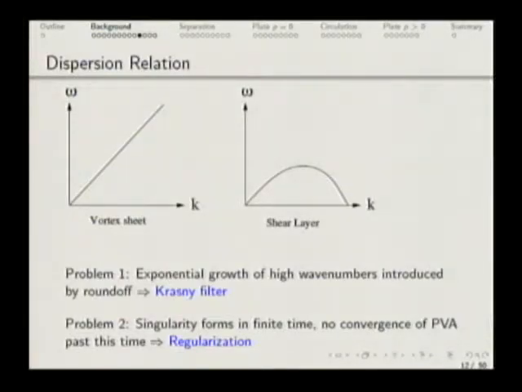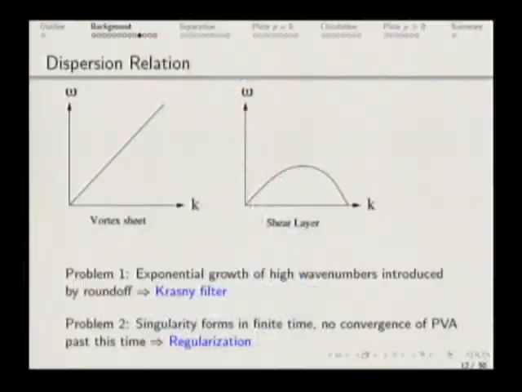So the problem that this causes numerically is that you're trying to approximate your sheet by a finite number of points. And you want to get better and better approximation the more points you use. The more points you use, round-off introduces wave numbers that are increasingly large. So as you increase the number of points that you use to discretize your sheet, you're introducing larger modes at the level of round-off error, but they grow very large, and that introduces noise. And one way to handle that is the Krasny filter, which is